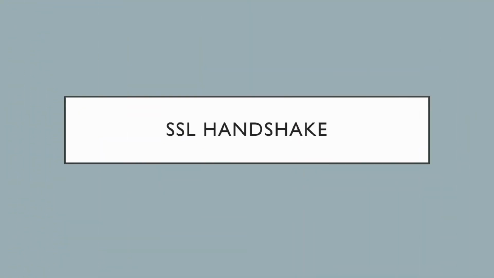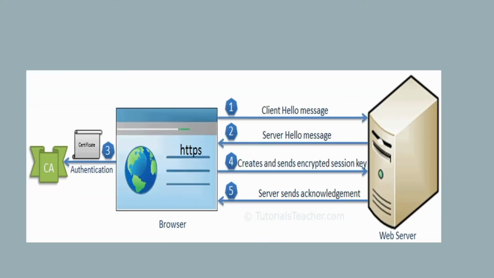Let's see how the SSL handshake process happens. Let's first look at this picture and understand the process. Here we have the client. When we say client, you can think of our laptop browser, or a mobile browser, or any browser, like Chrome or Mozilla. And then the web server, which is the website. We can think of it as a web server where a website is hosted.